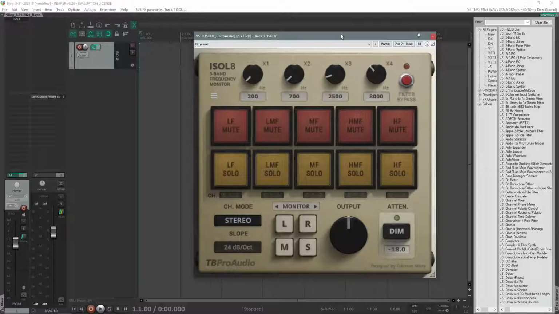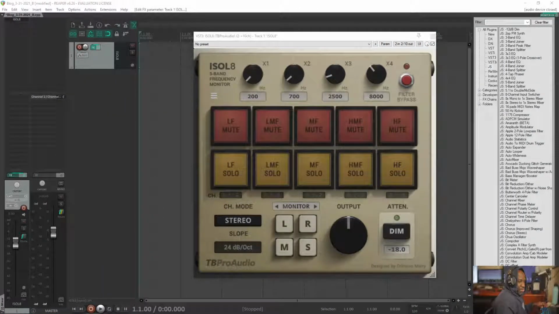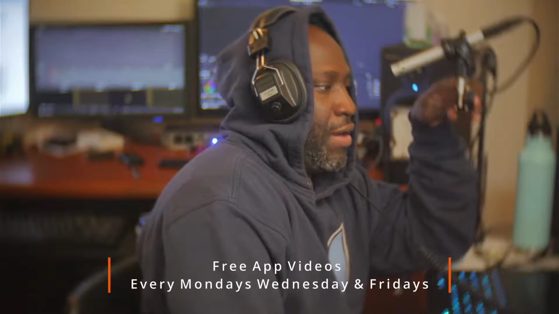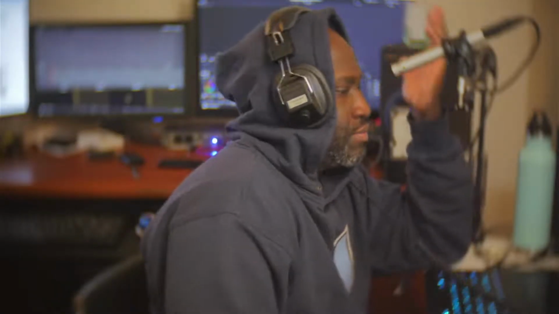Besides just the monitoring aspect of it, the way I use it is that I use it on my master chain. Well, not even my master chain. I actually use it while I'm mastering, but it's not on my master chain. And I don't do it all the time, but we'll go into that a little bit later. But the main point of this plugin is to monitor. You can try to use it creatively to create some weird stereo effect. But